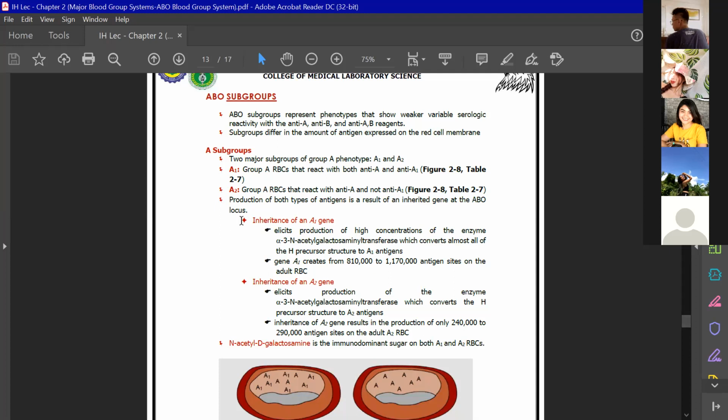How do we get the A1 antigen on the red cells? We have the inheritance of your A1 gene. The inheritance of your A1 gene will elicit the production of the enzyme alpha-3-N-acetylgalactosaminyltransferase, which will convert your H antigen into your A1 antigen. How many A1 antigens are on the red cells of an individual having a group A1 phenotype? It has actually 810